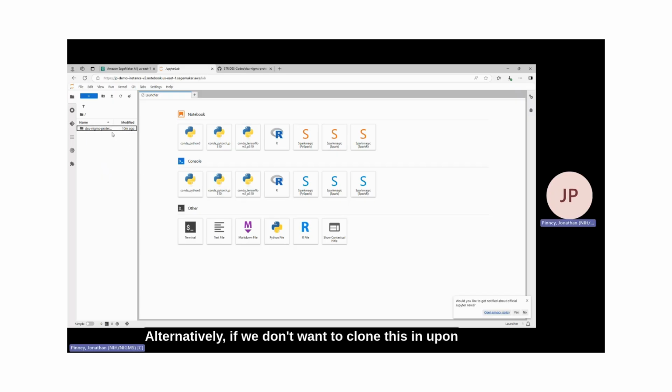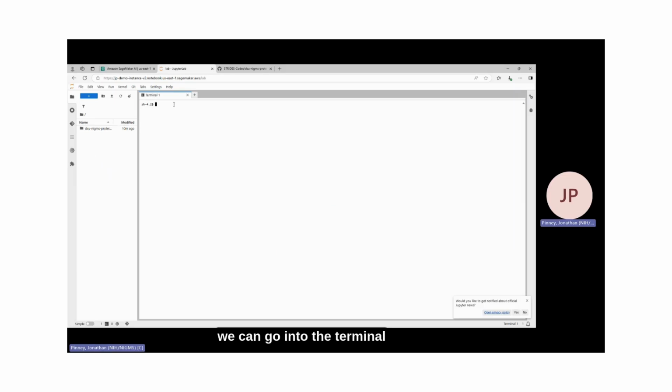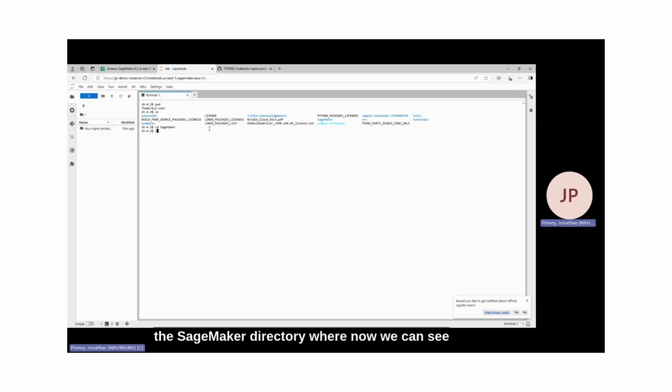Alternatively, if we don't want to clone this in upon provisioning, or go in and edit after the fact and stop our VM and then attach it manually using the edit instructions I gave previously, we can go into the terminal and use a git clone command to clone in the repository. When you do this, you want to make sure you know where you are within your instance. Here, we want to change to the SageMaker directory, where now we can see the previous instance. And then I can use git clone